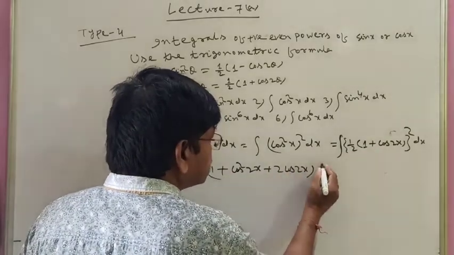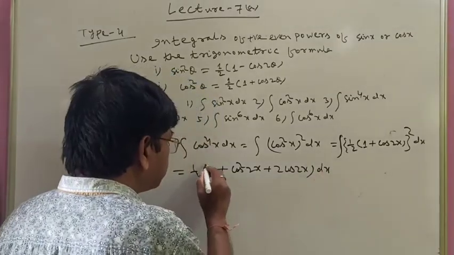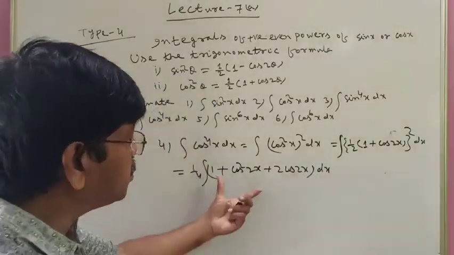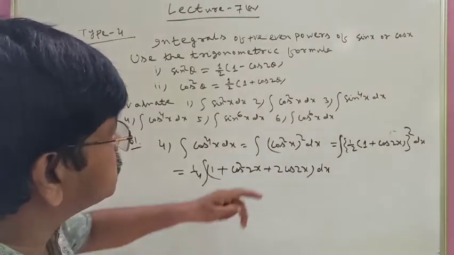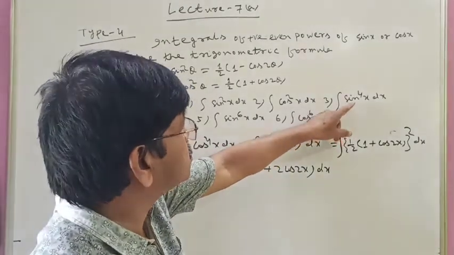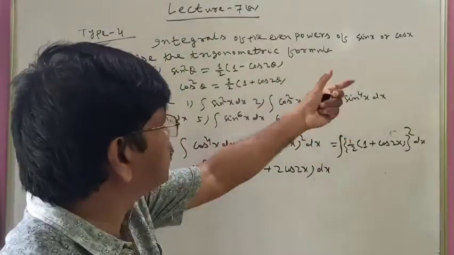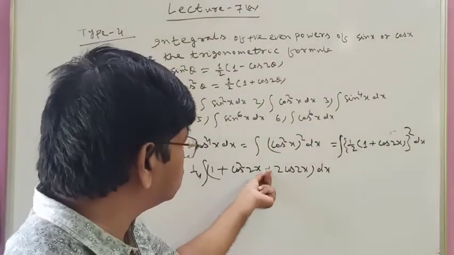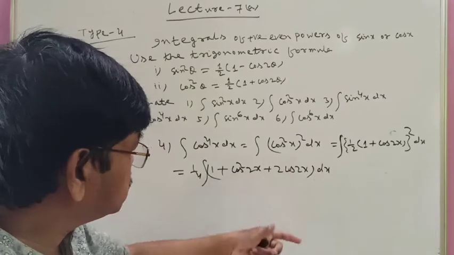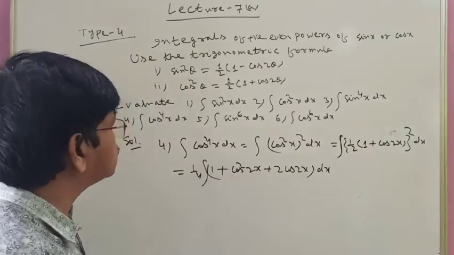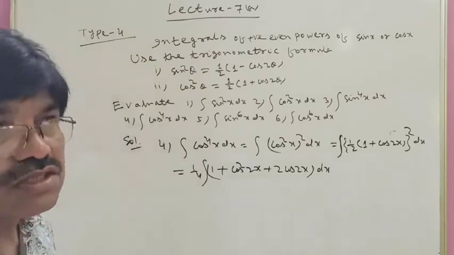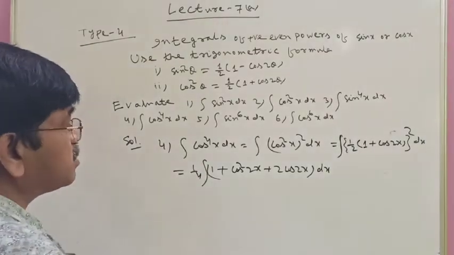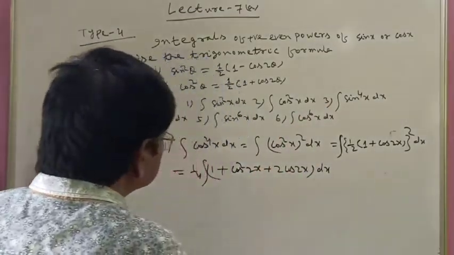So it will be the integration of this. This 1 by 4 is a constant, keep it outside. Now you can complete this like the previous one. In the previous one, for number 3, sin square x whole square was half into 1 minus cos 2x. There it was only minus; here it is plus. Other things remain the same. So this way you can complete question number 4 because it is similar to number 3.